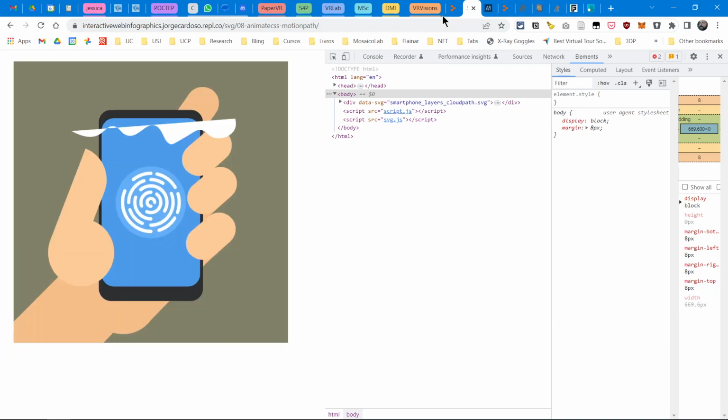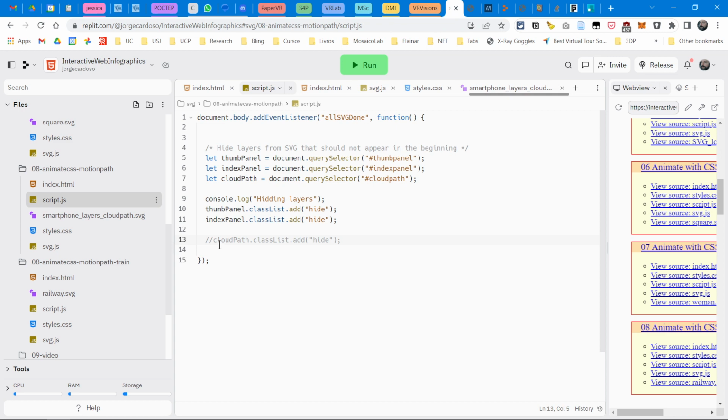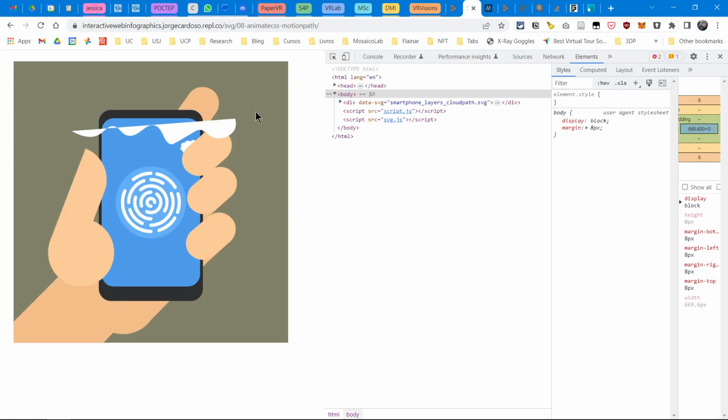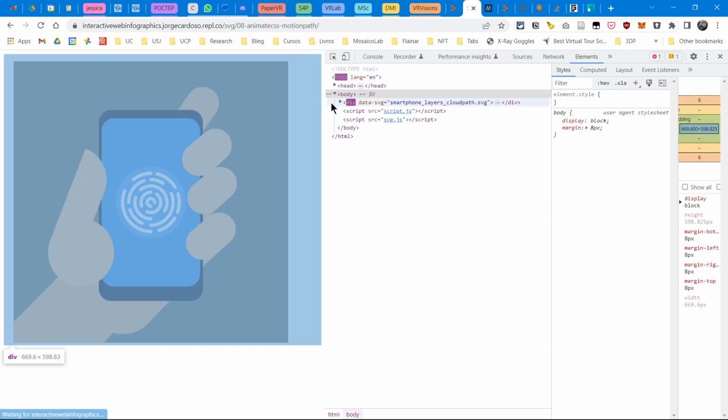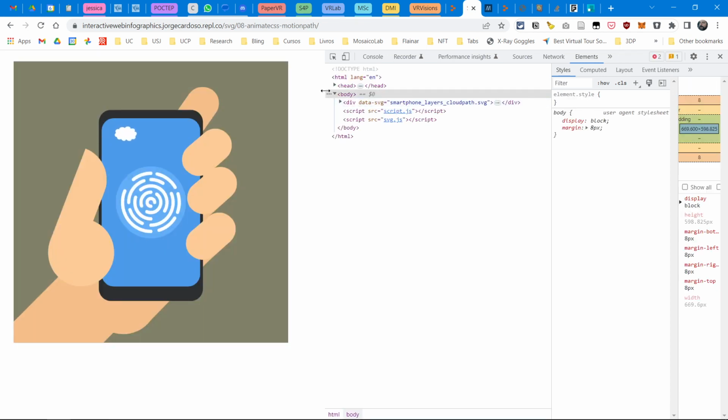I think this is because I had pre-configured the animation with a slightly different SVG. So the motion should be exactly over the path, but I think that's just because I have been doing several iterations for this example. But the final